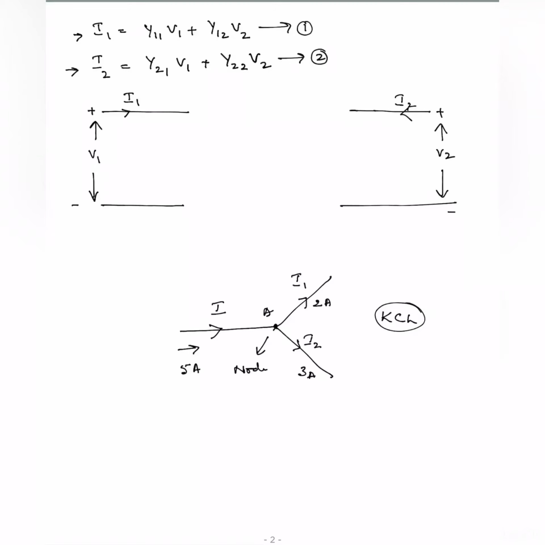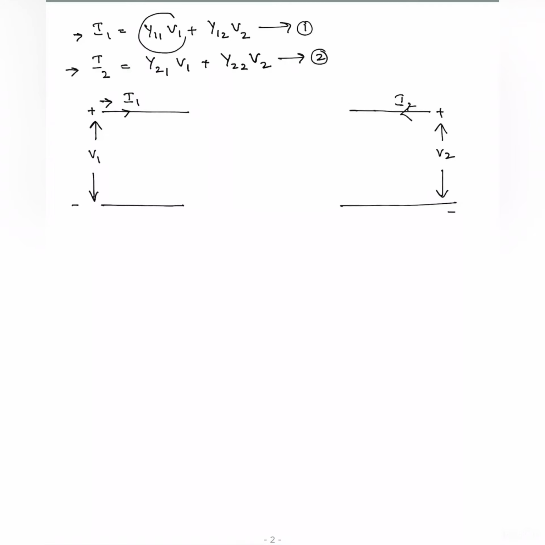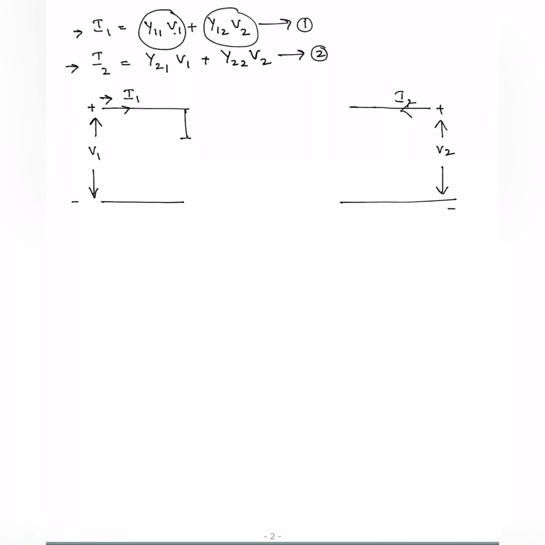If you have any doubt regarding this, please have a look at my KCL and KVL tutorial in my playlist. Now, applying the same KCL here, I1 is the main current that flows here, and it splits up into this part as well as this part, right? The first part is nothing but an impedance that will come in parallel